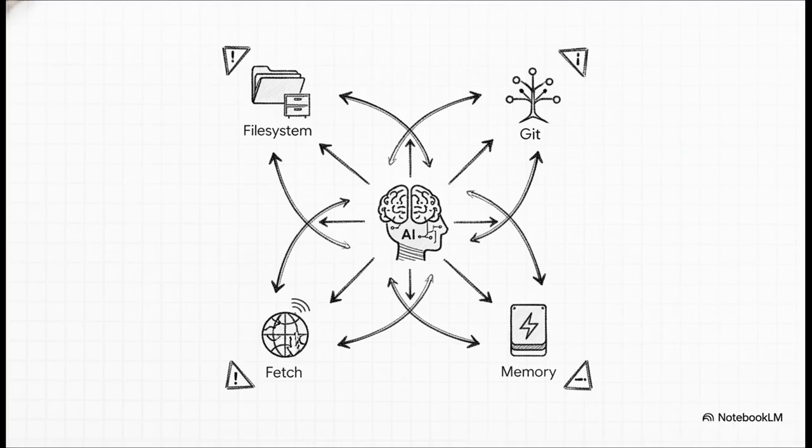The AI agent acts as the reasoning engine and has to talk to four key servers: the file system, which holds the workspace; Git, which handles the version control; Fetch, for grabbing external context; and Memory, for maintaining knowledge across different sessions. To do its job, the AI has to constantly interact across these boundaries, and that creates a highly complex and inherently vulnerable ecosystem.